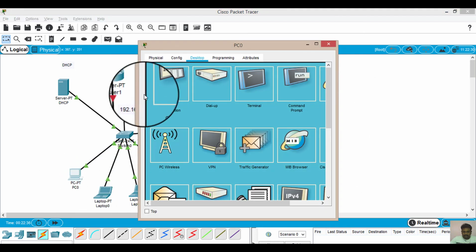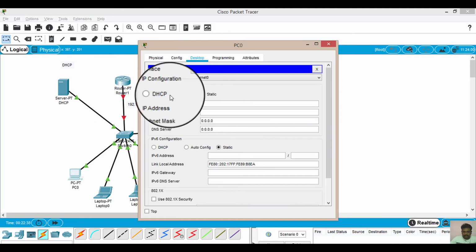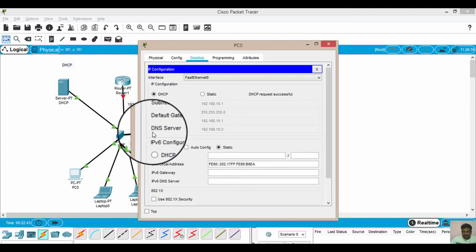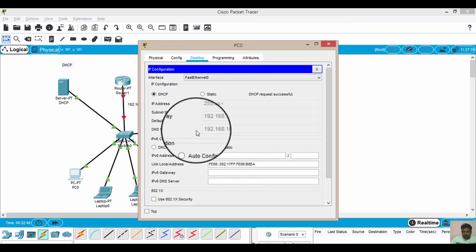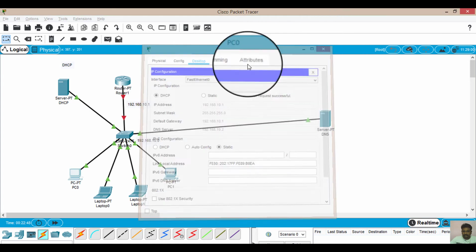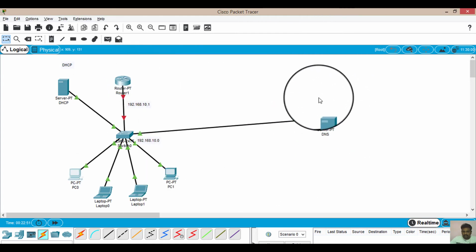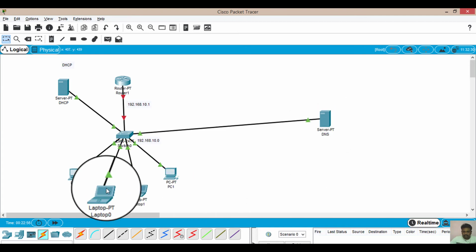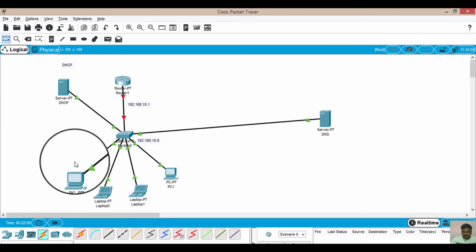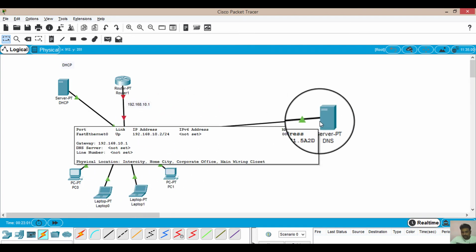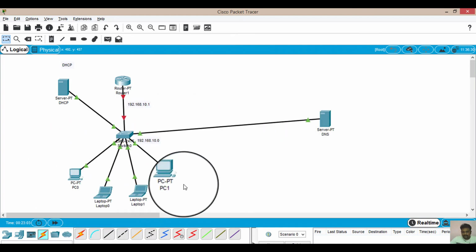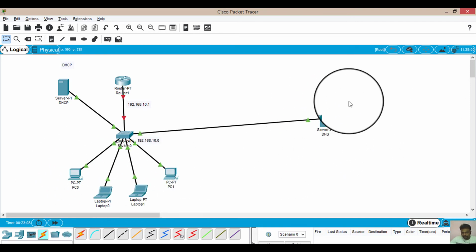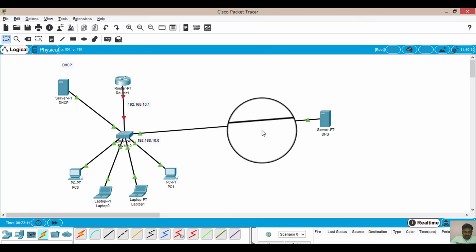So I will go back to my system again, ipconfig. It was static earlier, now it is DHCP. Now you can see that it is fetching the DNS server as 10.2. So it is identifying a DNS server in its network, which is this server. And the IP address we used for this server was actually 10.2. So all these systems will automatically be directed towards this DNS server. So whenever any website is accessed from these systems which belong to this DNS server, the reply will be coming from this DNS server. Okay, so how can we do that?